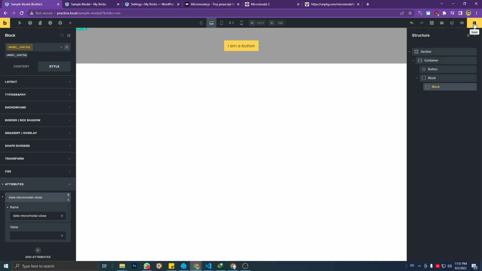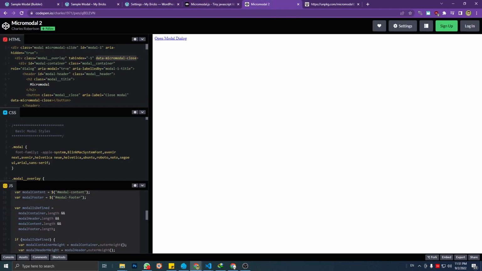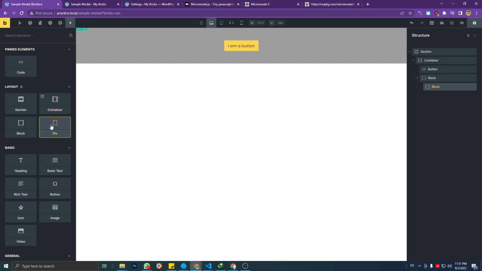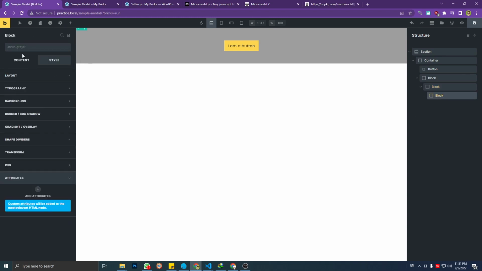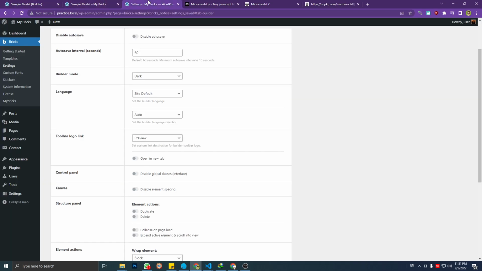Right. And see the modal overlay, then modal container. All right, we're gonna add the modal container class name to the element. Let's add a block and add the class name, modal container,